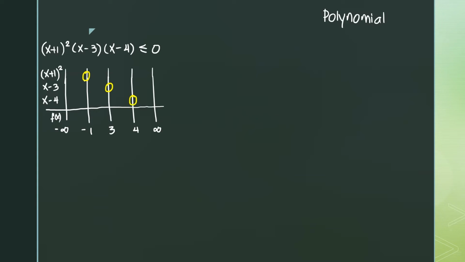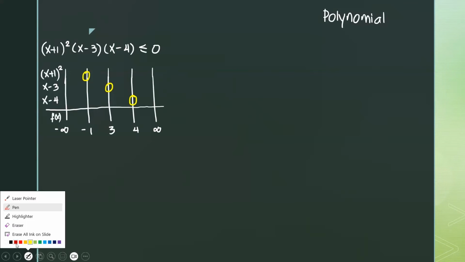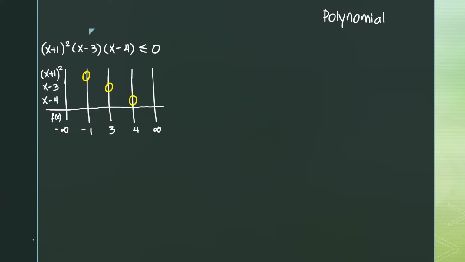Now, before we plug in anything, meron ba tayong naka-square? Meron. So, pag may naka-square, any sign, when you square it, what will it become? So, wag na nating pag-isipan. Lahat ng nasa taas, positive talaga kasi naka-square siya. Now, let's think of a test value. What's a test value that you want to use? Or a test point? X equals -10. Sige. -10 minus 3 is negative. -10 minus 4 is negative.